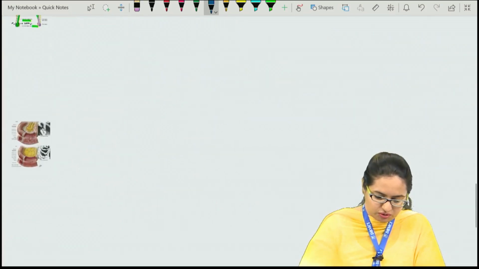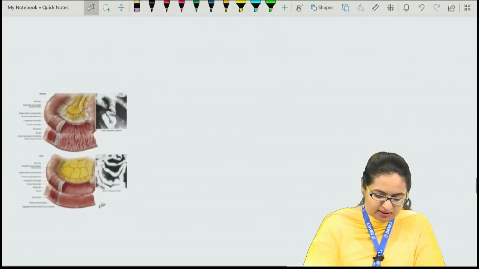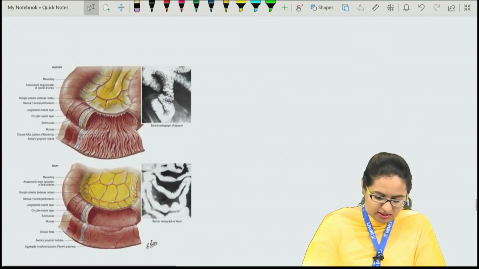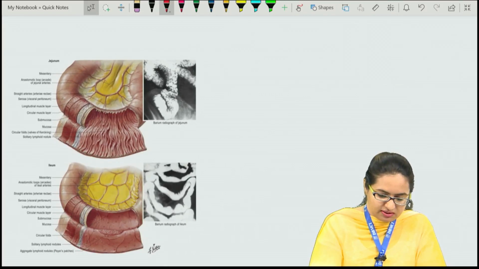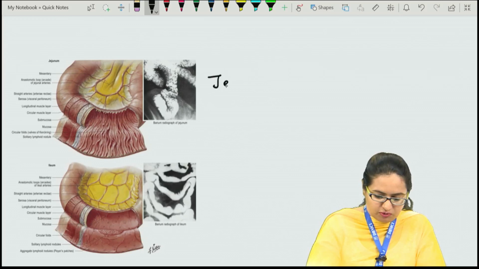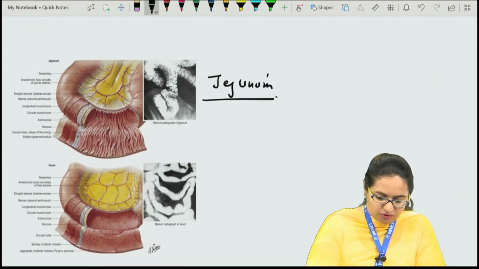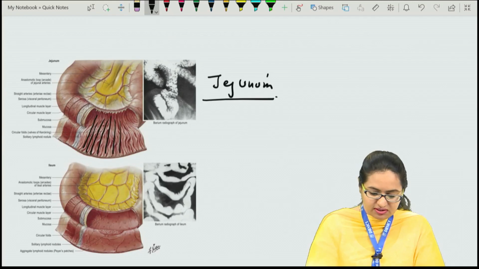Now if you see this picture over here, this picture is showing how the plica circularis are present. In this picture we have done a cut section of the intestine, and this is the duodenum over here. If you see the cut section of the duodenum, on the internal aspect we can see the folds. These mucosal folds are known as plica circularis, and